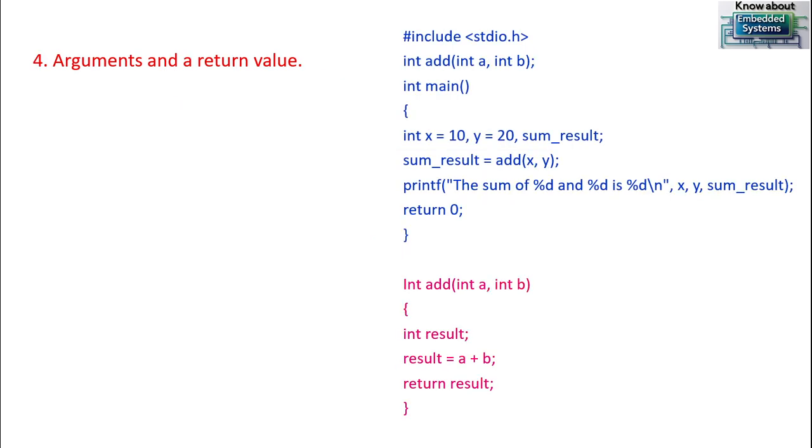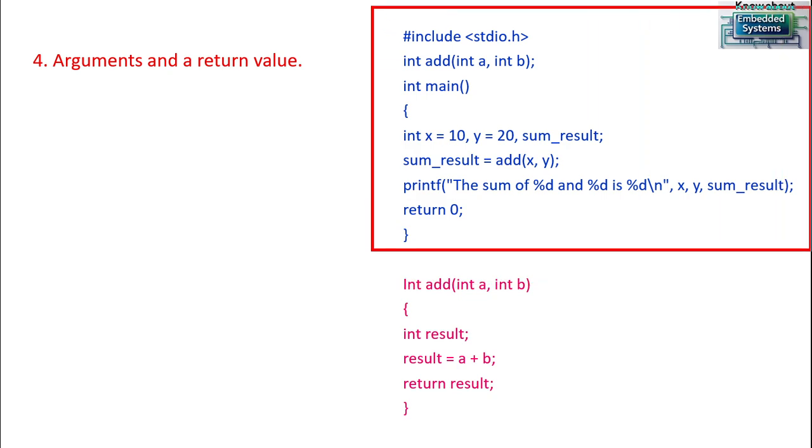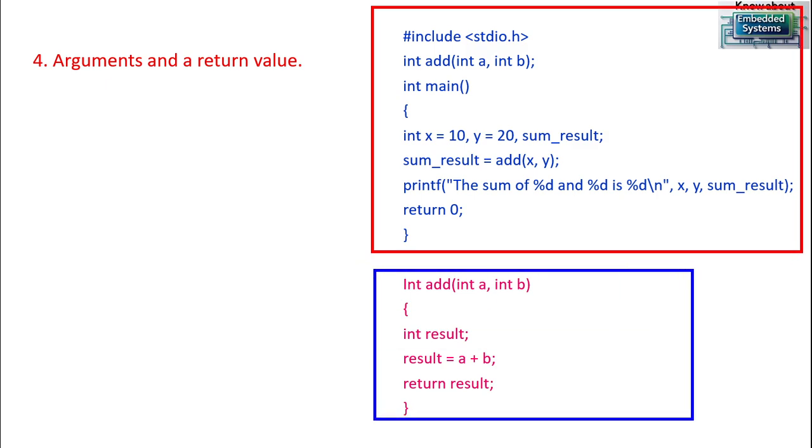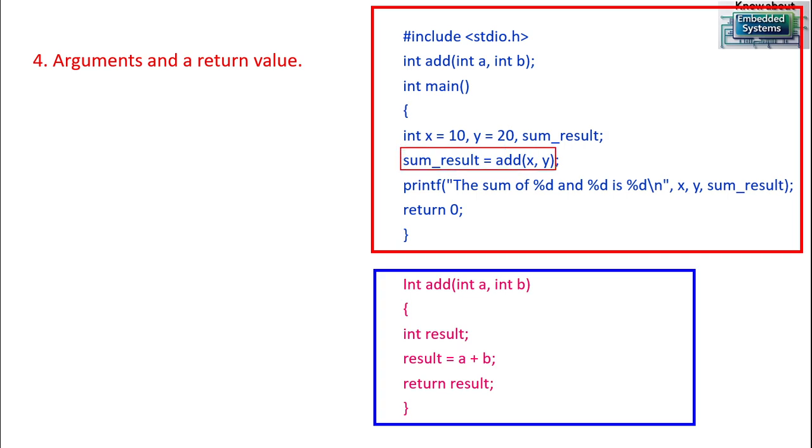The last one, arguments and with return value. This is very interesting. All parameters we will use here. We will pass the parameter and we will receive the return value as well. So understand here, I will highlight what is going to happen. Here I'm going to call the function, and whenever you call the function, the compiler will jump to your function definition and perform whatever is required. It will take the parameters x and y, 10 and 20, and it will perform addition, and then after performing addition,